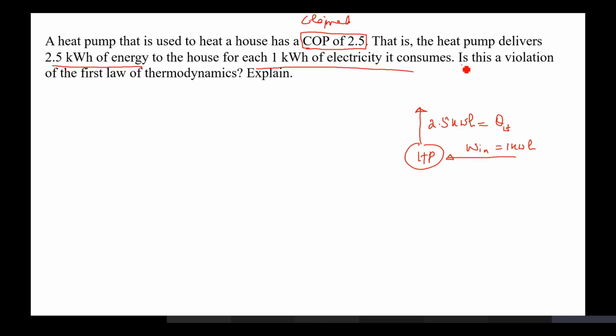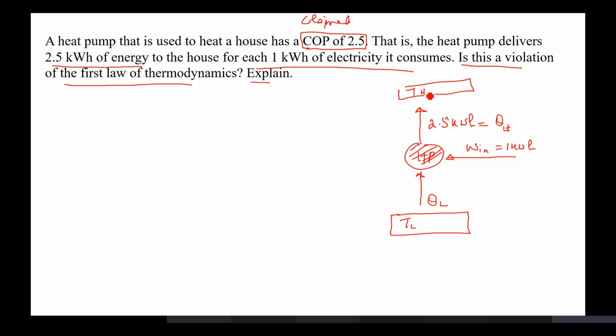I have to see whether this is a violation of the first law of thermodynamics, and I have to explain that. Now, if I see the heat pump as my system, I know the heat pump takes in QL from a low temperature reservoir and delivers it to a high temperature reservoir while there is some work being done into the system. If I have to apply an energy balance on a heat pump,